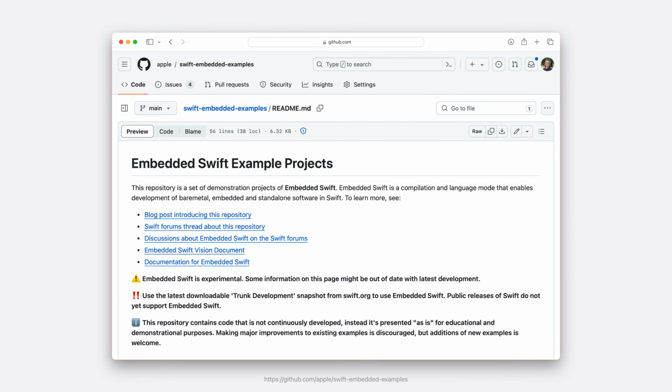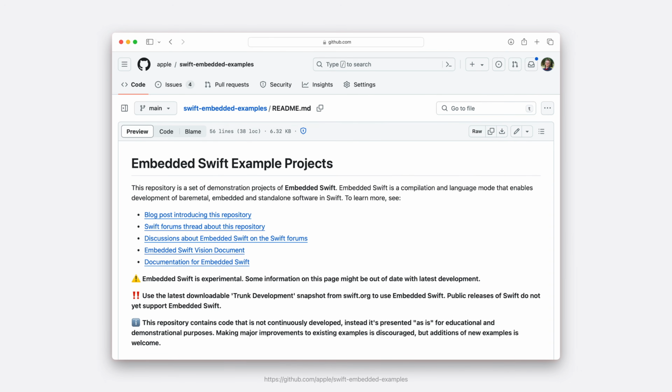We have published a set of example projects written in Embedded Swift on GitHub, and they cover a range of embedded devices that have ARM or RISC-V microcontrollers. This includes popular embedded development boards, as well as some other devices like the Playdate gaming console. The examples also show how to use various build systems and integration options. They can give you a sense of what all Embedded Swift can do, but also serve as templates for your own ideas.